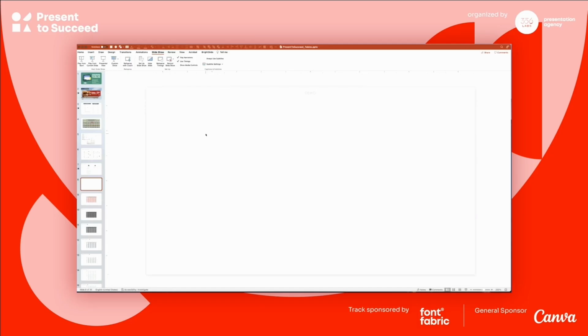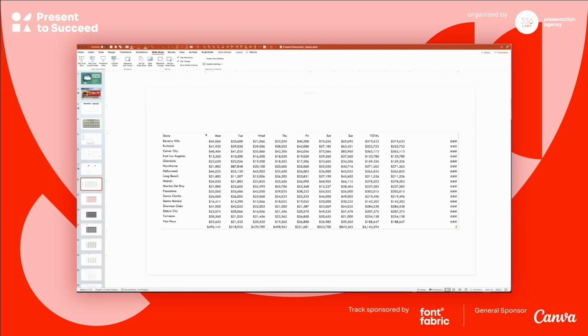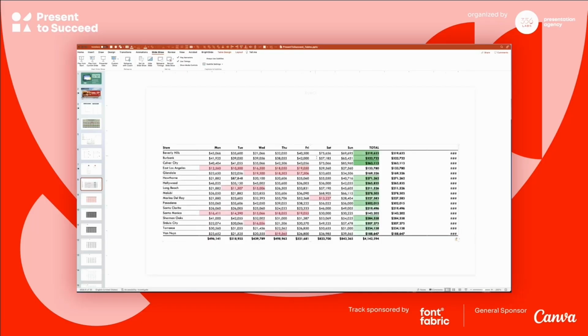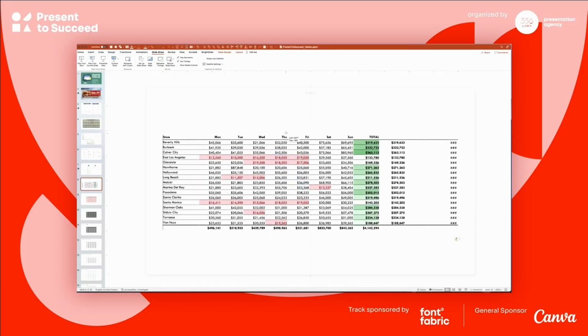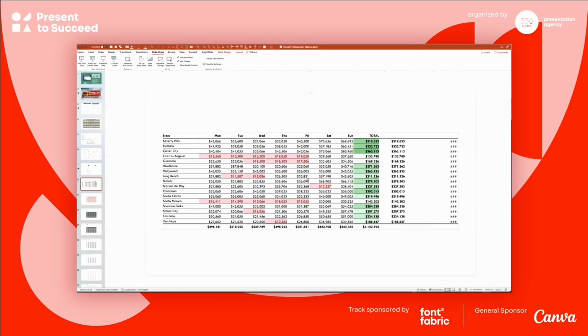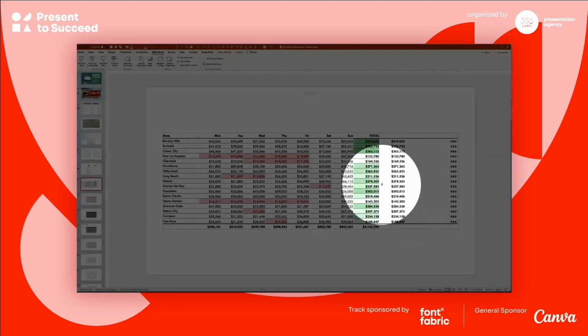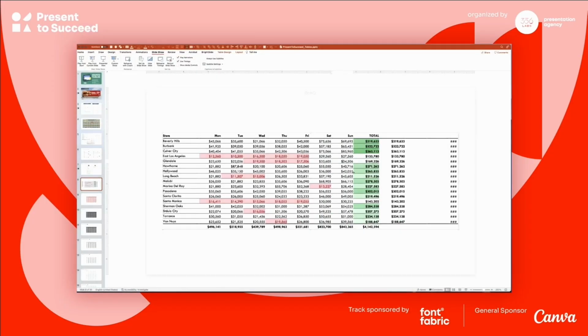And then I'm going to come back to PowerPoint, and I'm going to Control V, or on the Mac, Command V. And when you do that, you get initially, the default is this sort of undesigned content. But what most people do is they go down to their little clipboard thingy here and say, keep source formatting. And when you do that, it still converts it to PowerPoint text and PowerPoint content, but it does a pretty good job of bringing along all that formatting. But it's just on the surface. Because look, we've lost a lot of the conditional formatting, the data bars, the spark lines and things. And if we make a change now, like let's say I make a big change to this number, yeah, nothing happens. The heat mapping doesn't change, the sum doesn't change. So you're locked in here.